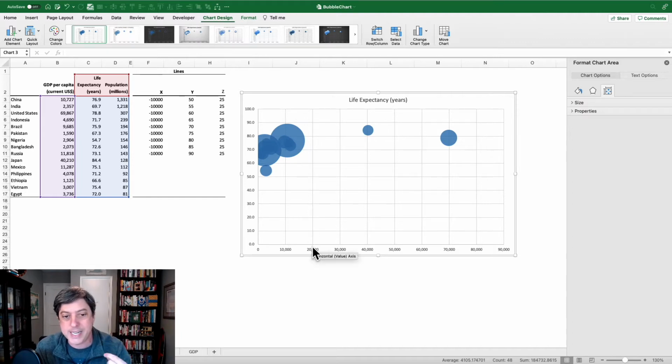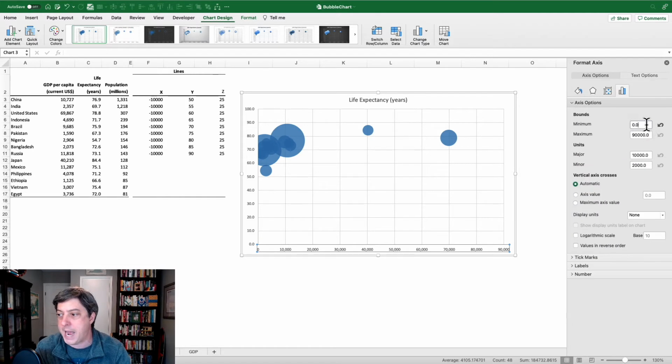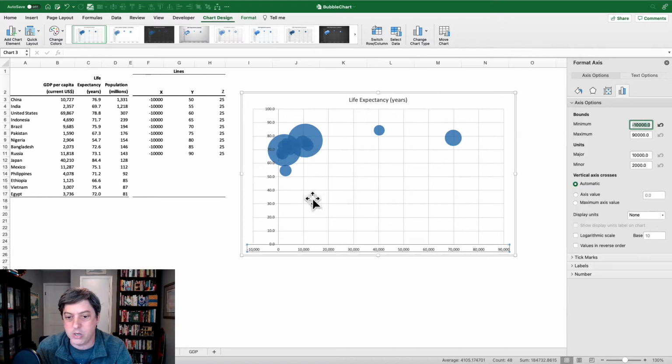Okay, so what I need to do here is just start this chart, change the axis options back. I don't need negative 20,000. That's a little far. So let's make it negative 10,000. Return. Okay, and now you can see the full circle. But I've got this negative 10,000, which is a little weird, and I've got this grid line here. Now, first thing I can do is get rid of this negative 10,000, and I can do that